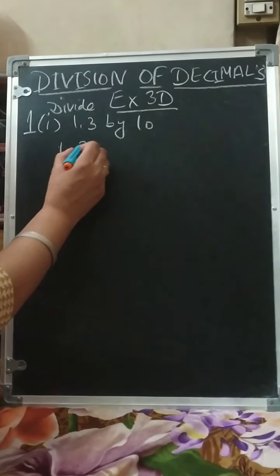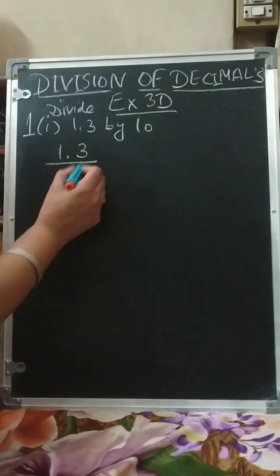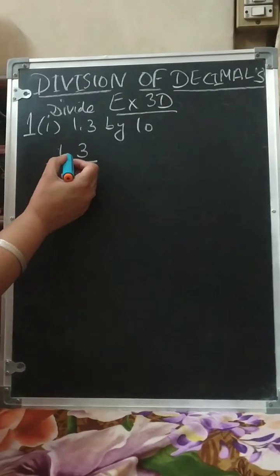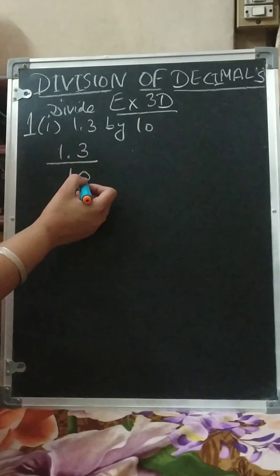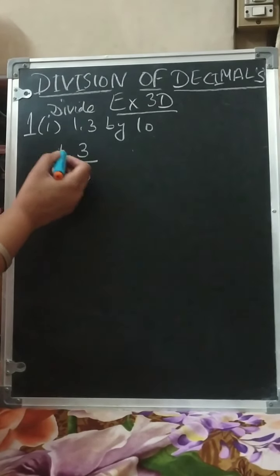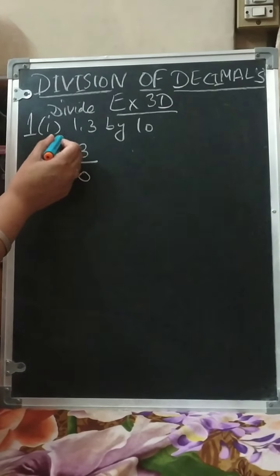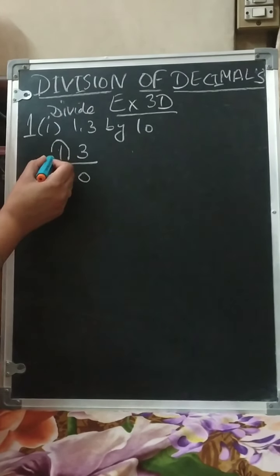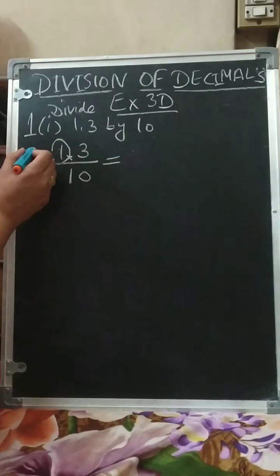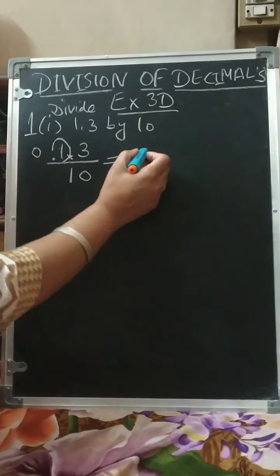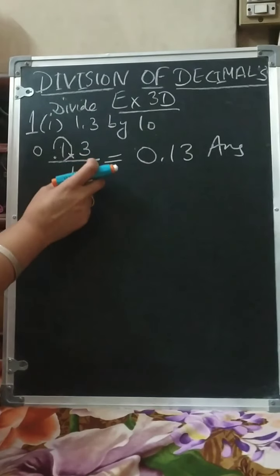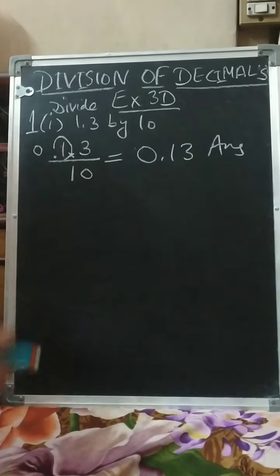Now how to do 1.3 divided by 10? We have to divide it. Now what is the method? Multiply time, we are moving the point forward. Now division time, we will move the point backward. So 1 zero is here. So we will move this point one step back. So point will shift here, and here point can be cancelled. So what will be your answer? Here is 0, we can write ourselves, you know. 0.13 is our answer. So you can see so much easy we are getting answer by this method.